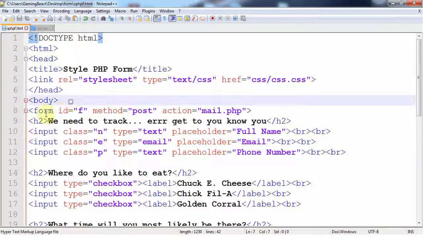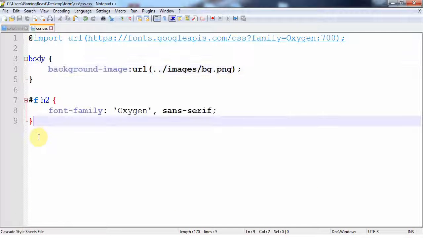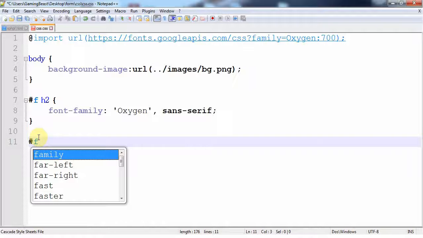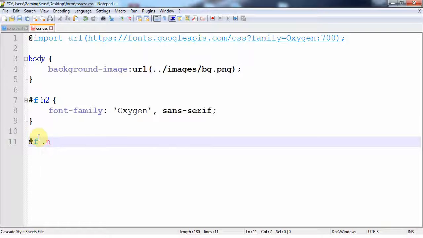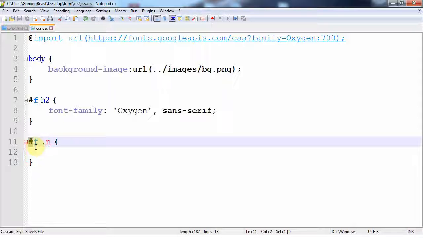So we're inside the form with an ID of F, and then we're going to be styling, we'll do this one first, the input box with the class of N. So we go to the form with the ID of F, and then we style the tag, the input box with the class of N. So you can see IDs use the pound sign,